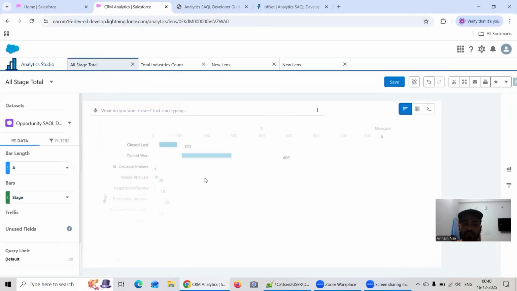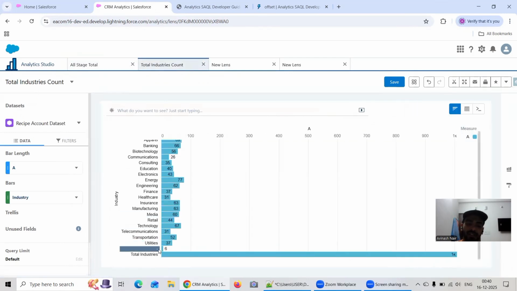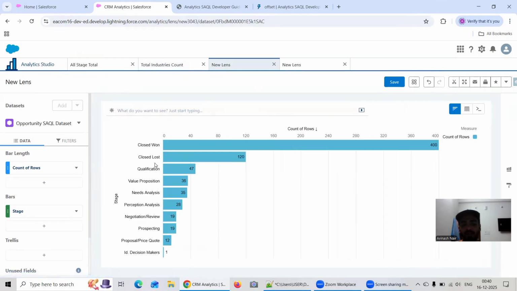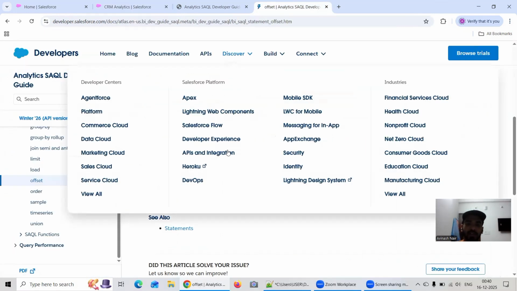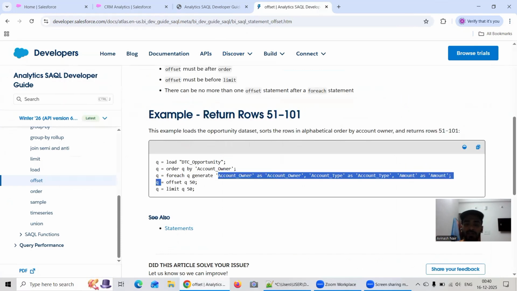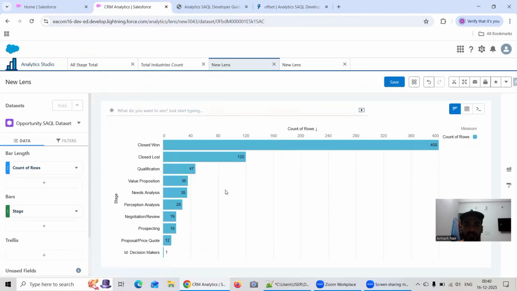whatever values we want to give, for example, if we give the all stage total. Similarly, I get it for the industry. This blank was already there, as there was no industry mapped, because industry is not a compulsory field in account. But for the roll up, whatever blank was appearing is replaced by total industry. And finally, we understood offset, which is about skipping the first few rows, which you can see over here as well. Sometimes when you need rows from a particular number, we can go for that offset function, which I've shown over here. So yeah, that is all about this roll up, grouping, and